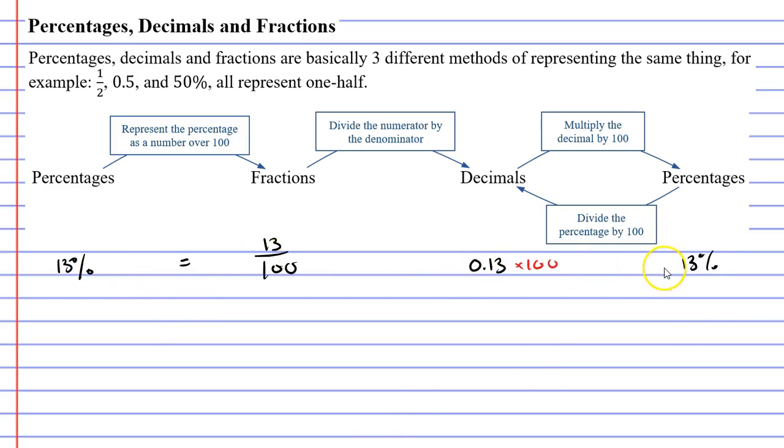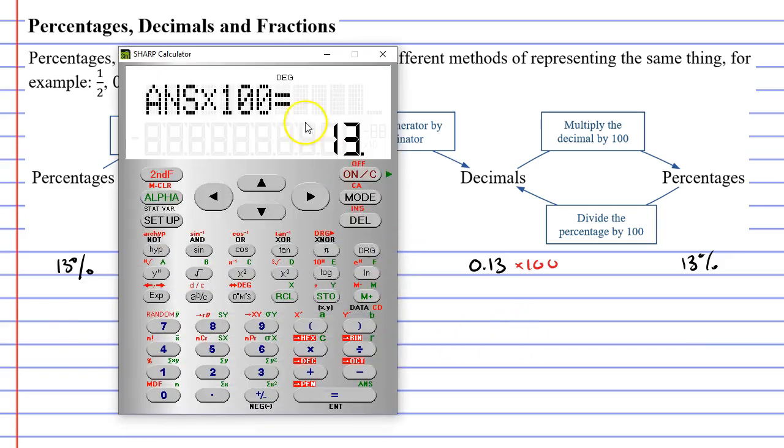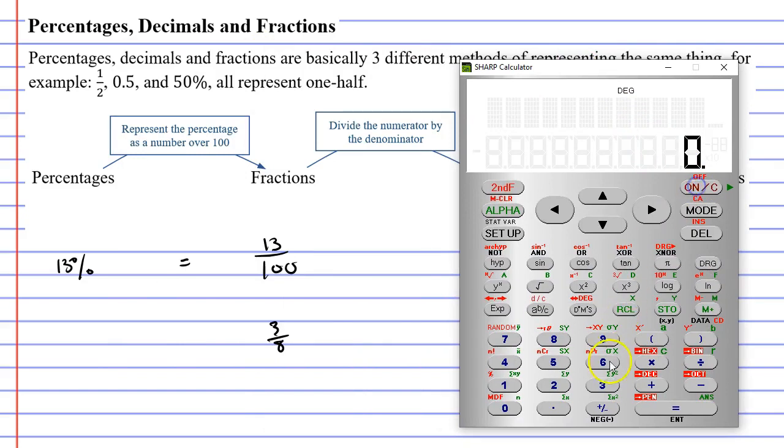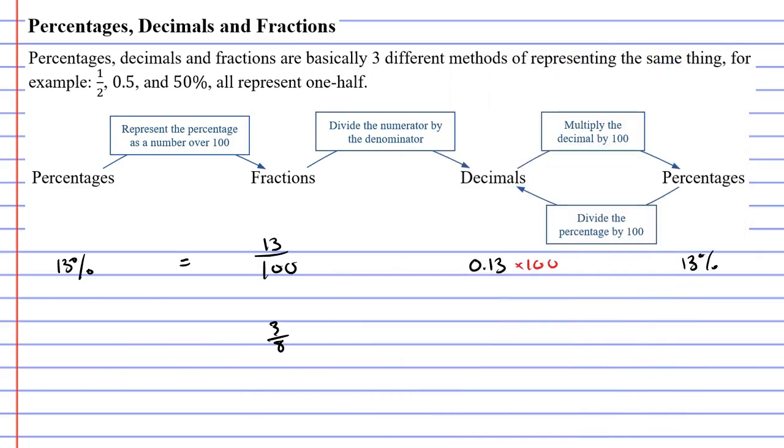Now, making all these conversions is really simple, but there are situations where it can become quite complicated. Take, for example, the fraction 3 over 8. How would I convert that to a percentage? It's not over 100, so it's not all that simple. But what I can do is I can easily convert it to a decimal. I can bring up my calculator and just divide it. 3 divide 8 is 0.375. So I'll start by converting it to a decimal,